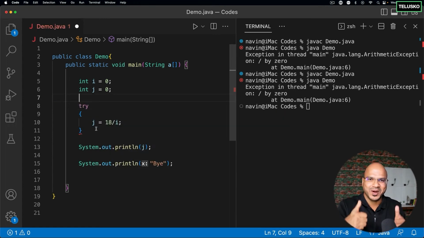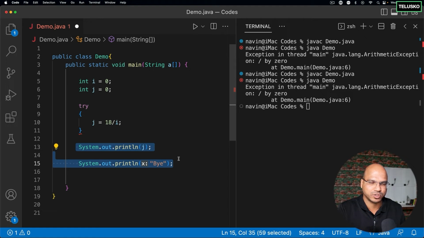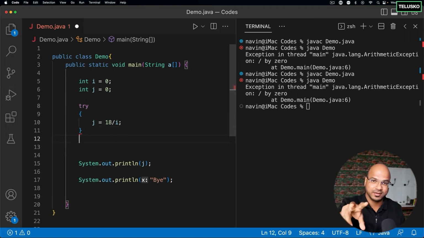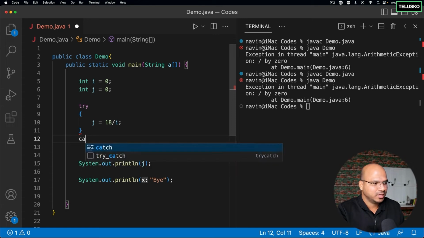Okay, so Java will say, okay, now I know that you are just trying to execute. If it's not working, then I will continue with the normal execution here. But then what if Java tries to execute this and there's an error? In that case, it will throw the error. And you, as a developer, you have to catch the error. So in this case, you will catch the exception.